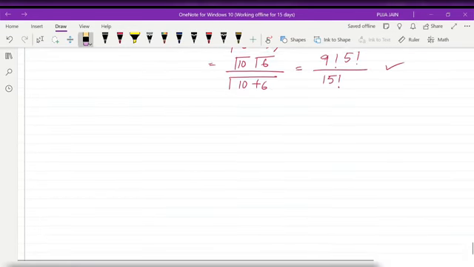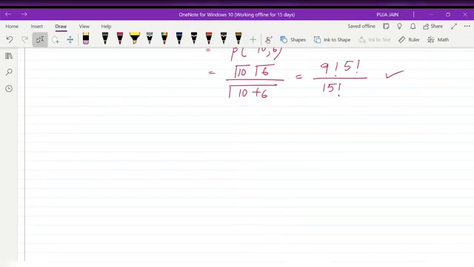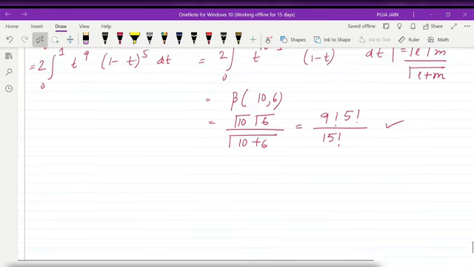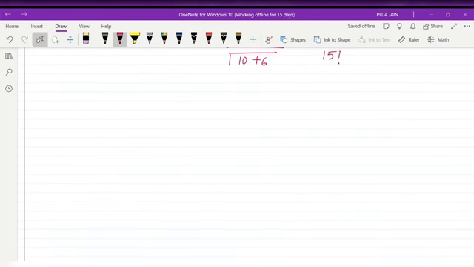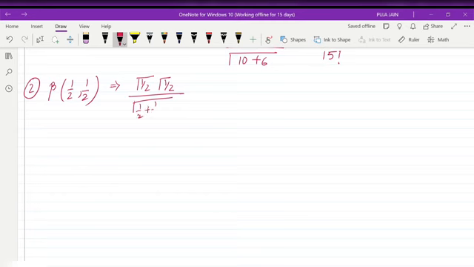Okay. So next we will do another formula of beta. Actually, before knowing another formula, we will do one more question. Second, regarding this only, beta half comma half. What is this? We know this is gamma half, again gamma half, by gamma of half plus half, that is gamma 1, and gamma of 1 is 1. Gamma half is root pi, so this is pi. Okay, this is also an important result.